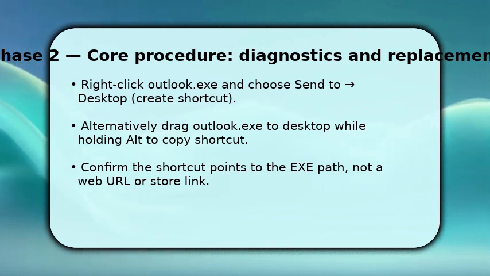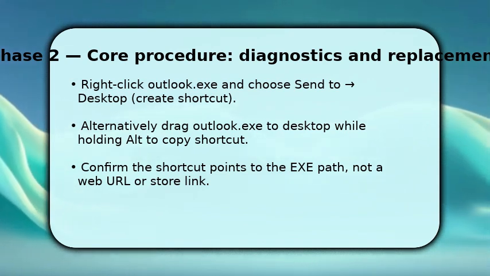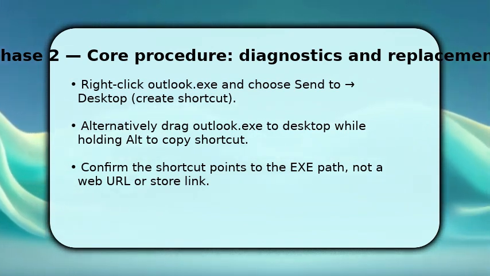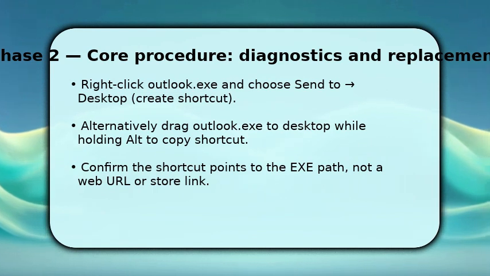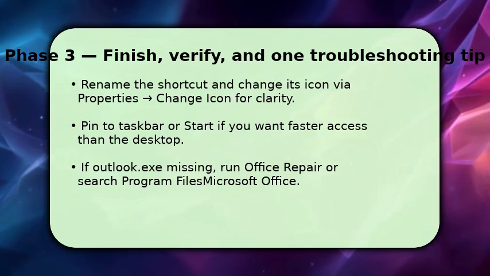Make sure the shortcut target shown in Properties points to Outlook.exe in the Office folder. If it points to a store link, delete it and repeat using the exe file itself. Now tidy up. Right-click the new desktop shortcut, choose Properties to rename it and change the icon so you